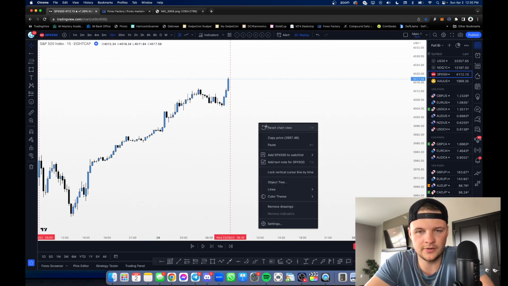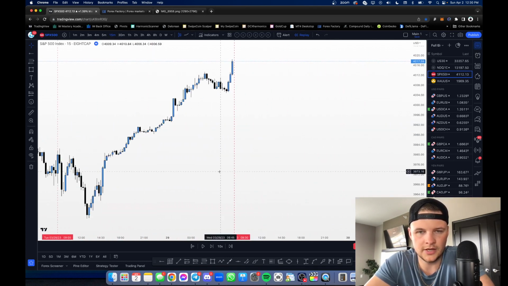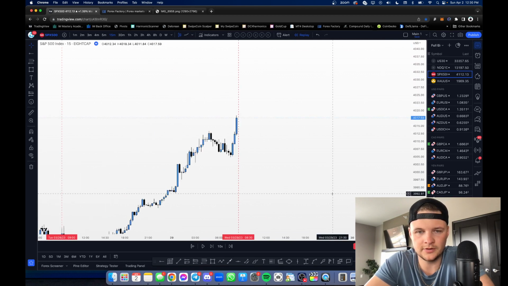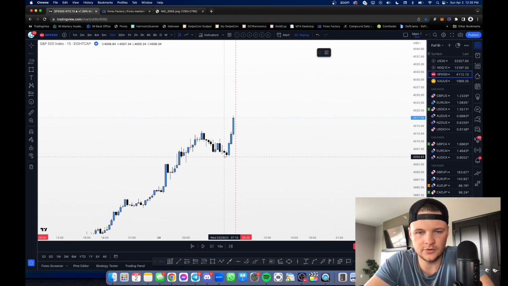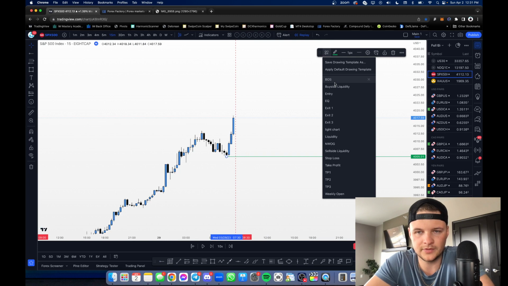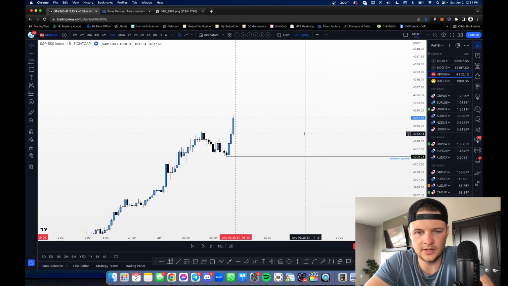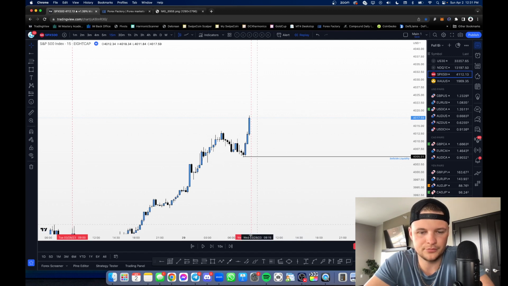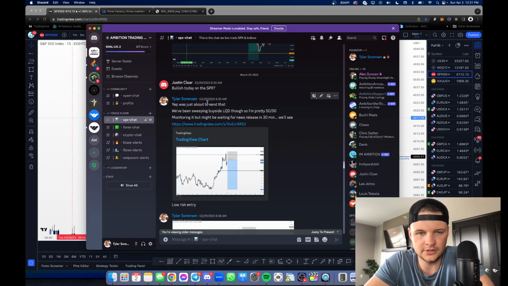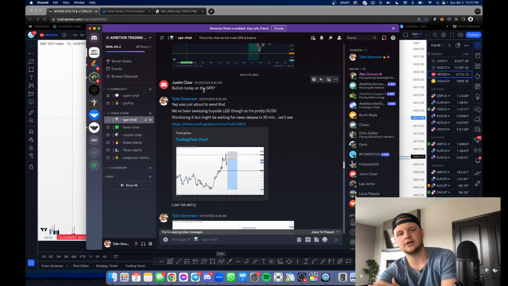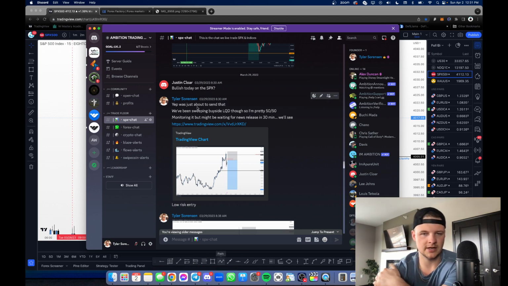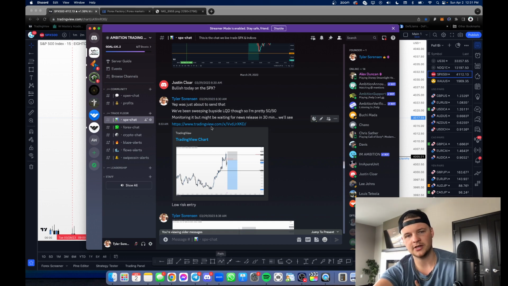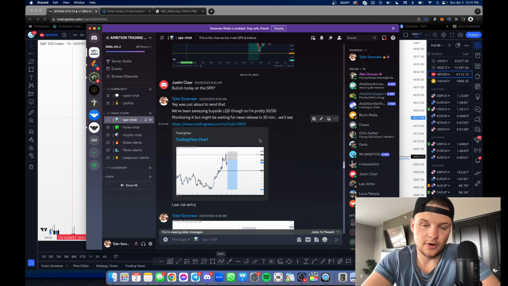15-minute time frame. Pre-market, here you could be marking up your levels of liquidity. Here's sell side liquidity right here. And we're literally ripping to the upside. We took this out in this candle, pre-market in the 15-minute time frame. But just looking at this, bullish today on SPX, someone asked, and I said, yeah. We've been sweeping buy side liquidity though, so I'm pretty 50-50 monitoring it. But might be waiting for news release 30 minutes in to market open.